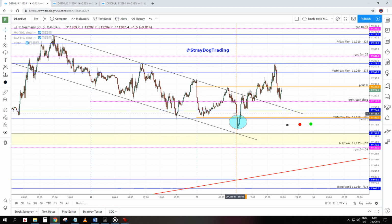At the beginning of the session at 9 a.m., the market was already inside the yesterday low zone. And this was the pre-market range. This here was the pre-market high, this is the pre-market low inside of the zone. Now, whenever we have additional references inside the zones of interest, that is an additional reason why we would react on those zones. And if you took a trade here on yesterday's low,